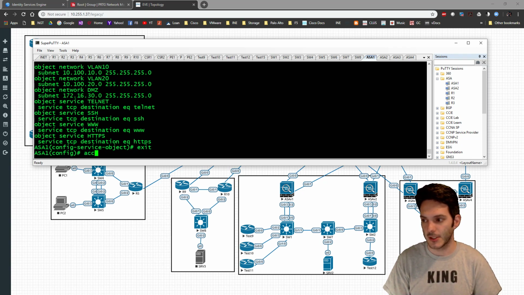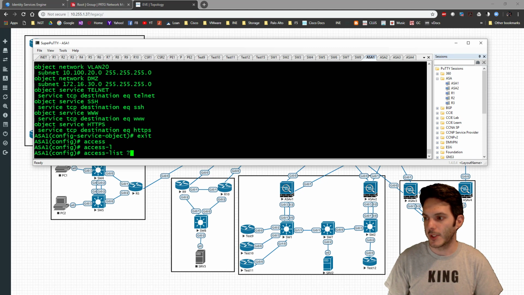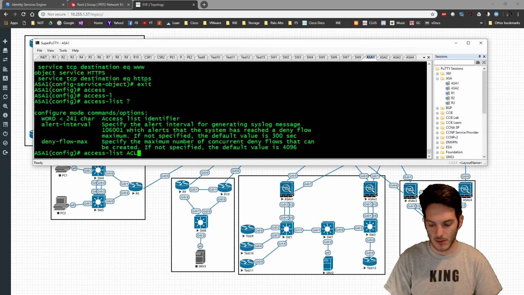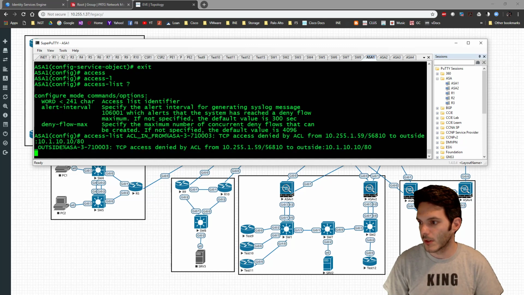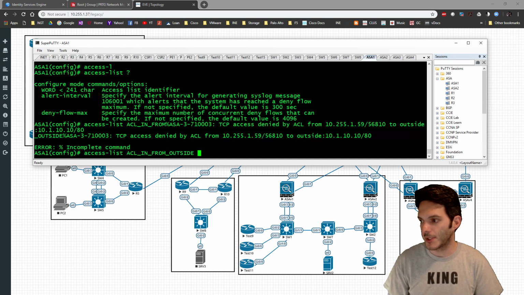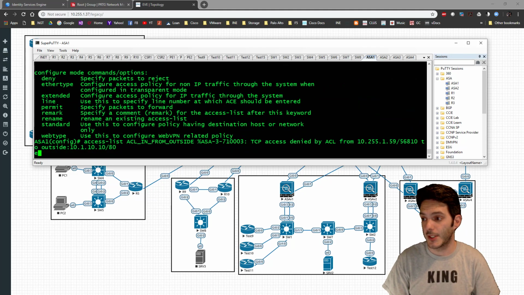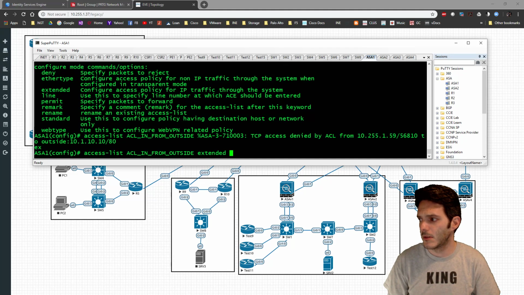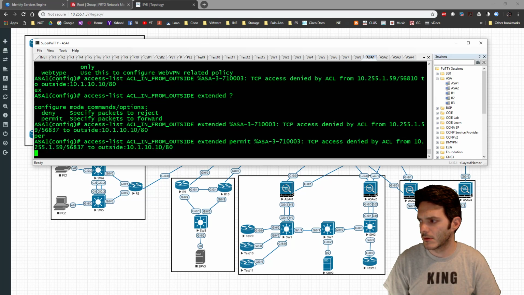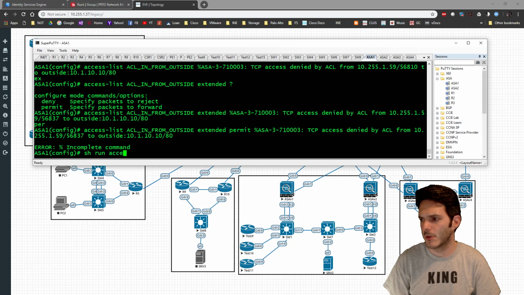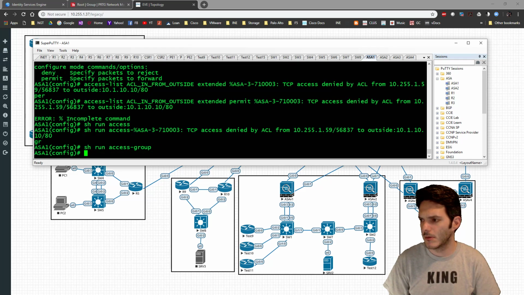So I can come in here and type in access-list, and I'm going to say ACL_in_from_outside, and I'm going to say it's going to be an extended ACL. And it's going to be a permit statement. Why am I show run access-group? That's weird. All of a sudden, no